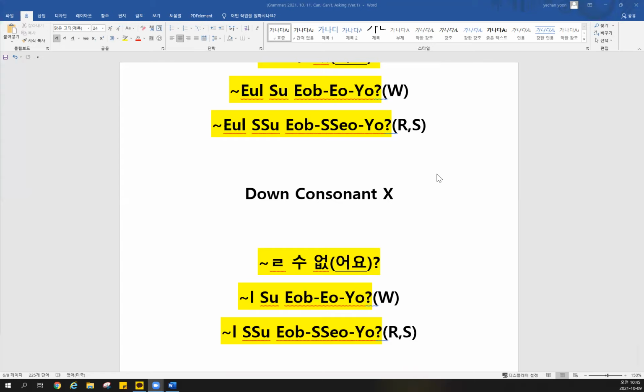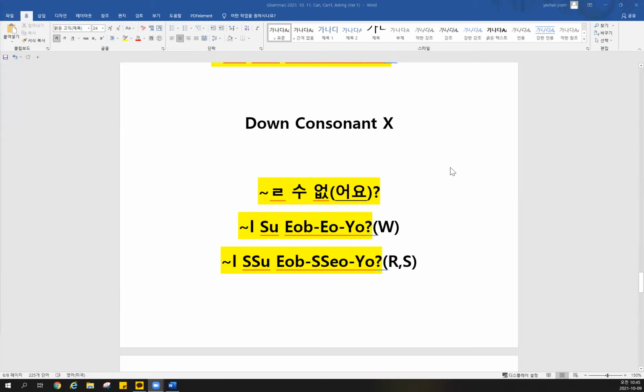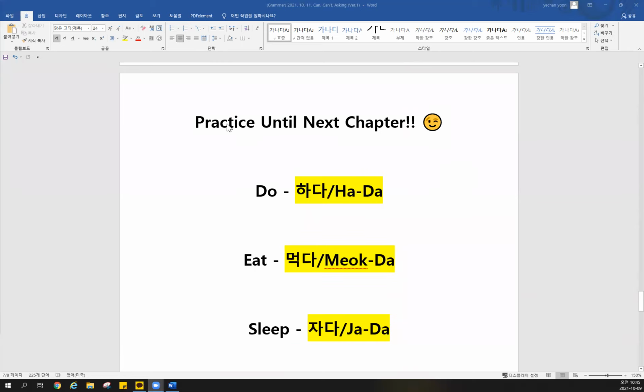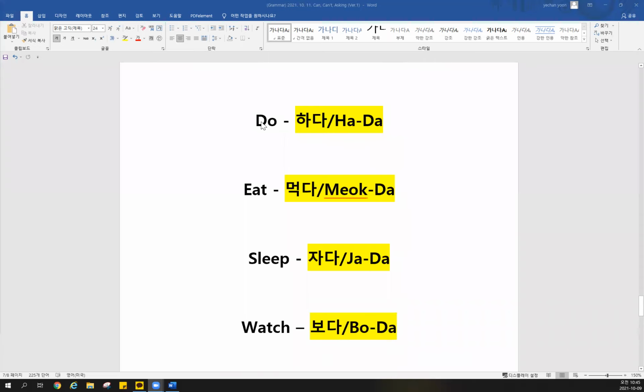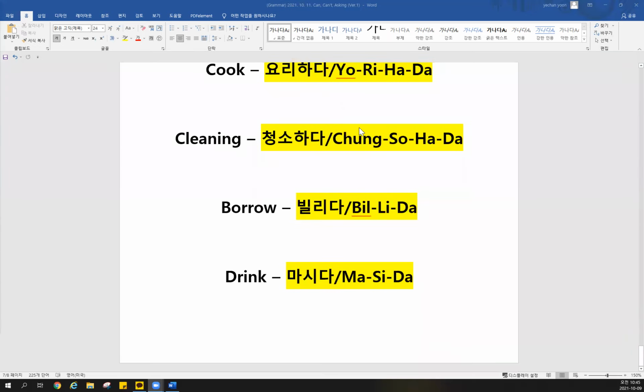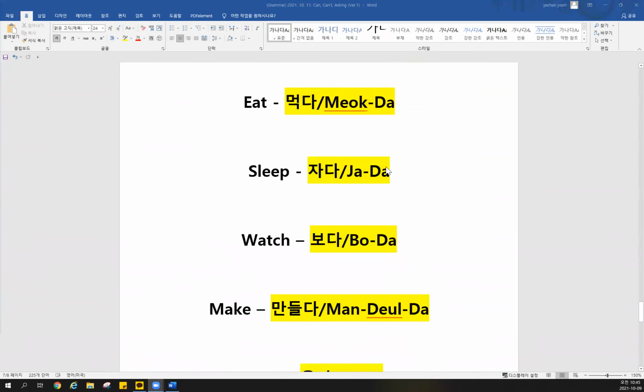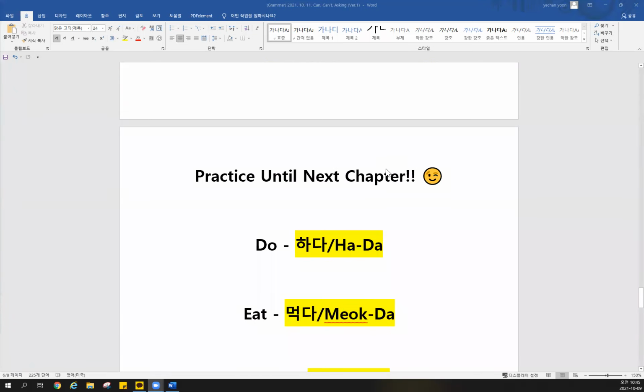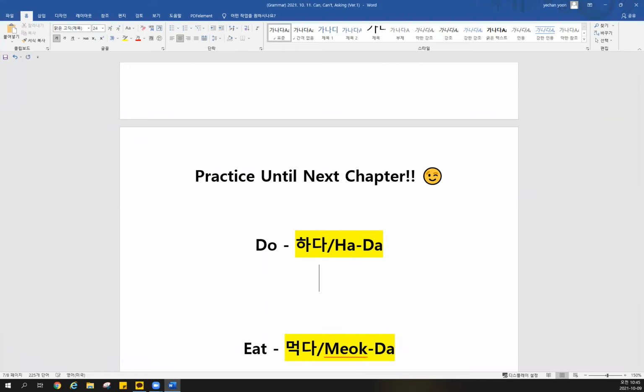All right. So until here, this is going to be our next class. I already wrote down all the examples here, everybody. So you need to try with these words until our next class. I'm going to give you one example. Let's say can do. This is already provided in our class note, so practice in your place. Can do, how can you say 하다,